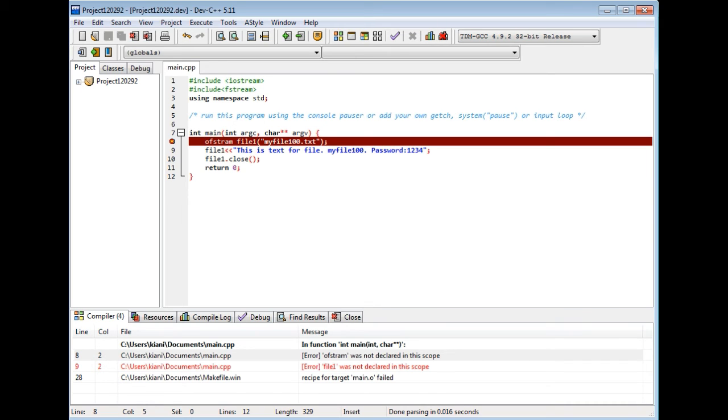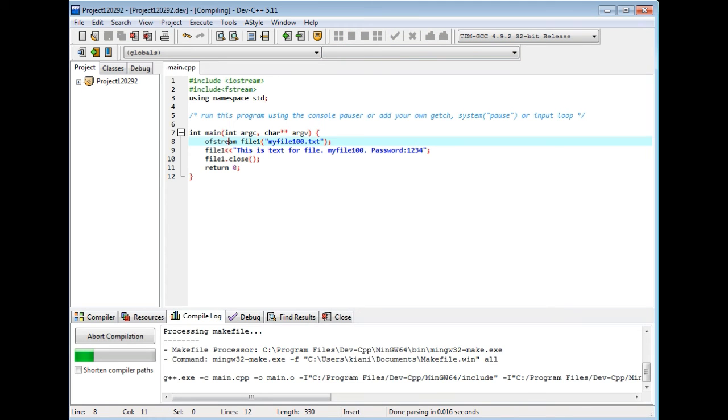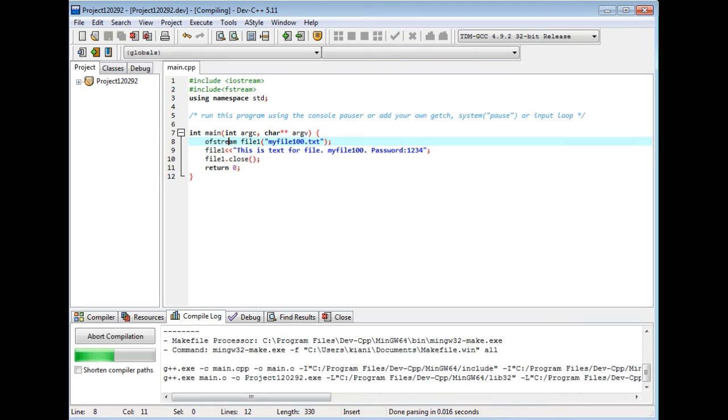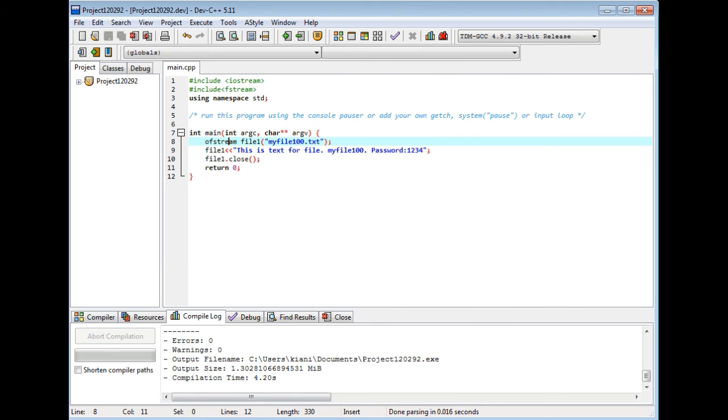So if I use fstream, then this is ofstream. Then the file has been created.